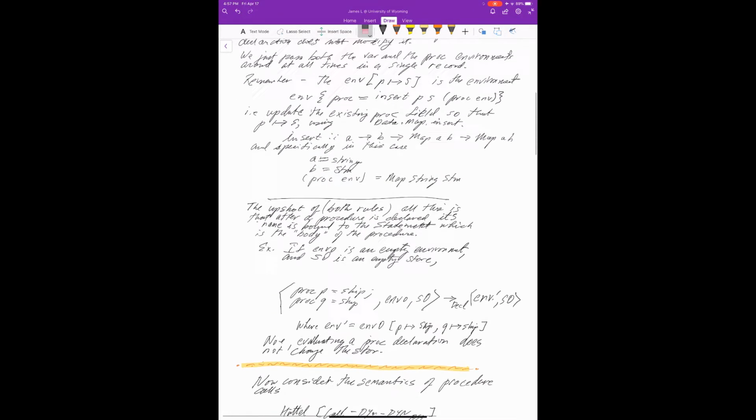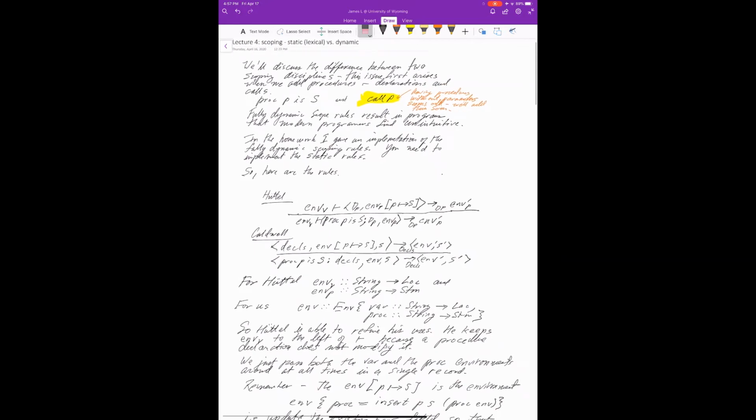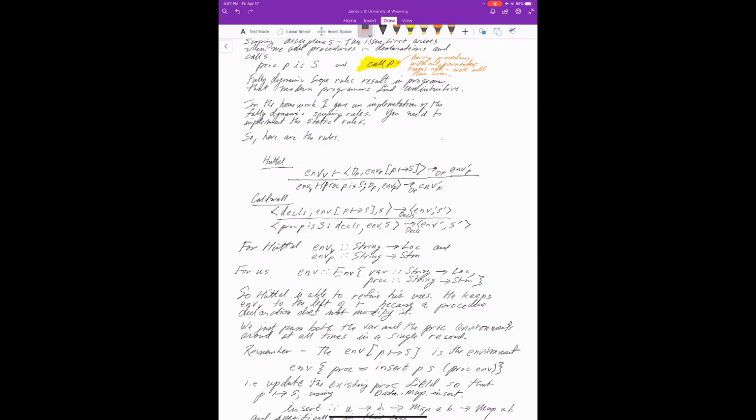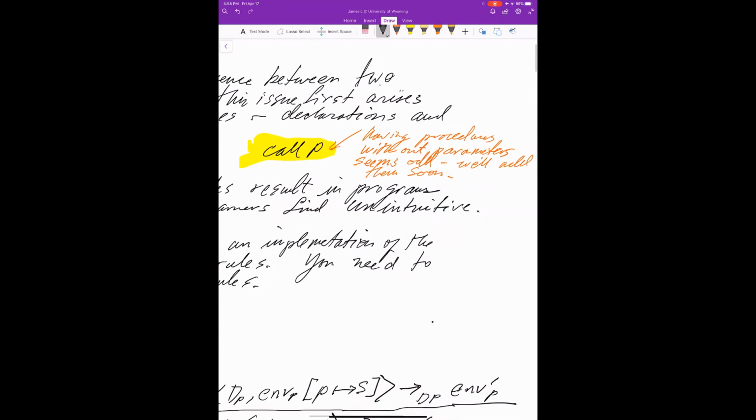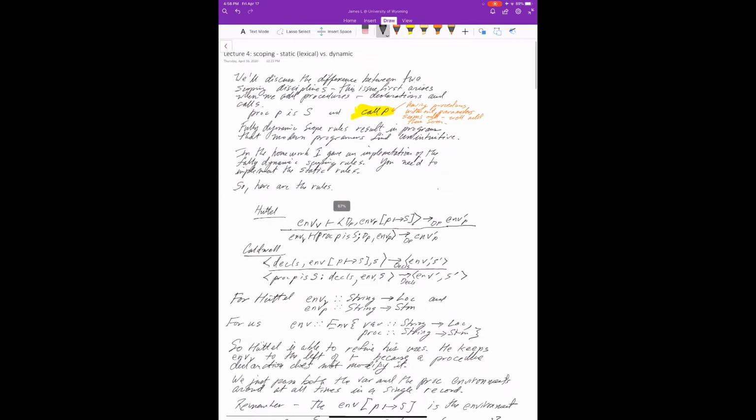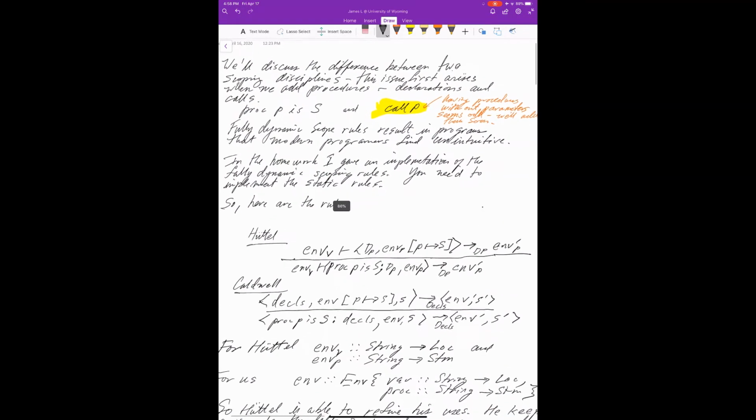But here's how you implement it. And the thing is that it's usually actually easier to implement dynamic scoping, but it is just kind of a mistake. I should mention this little comment that I have, that having procedures without parameters seems odd, but we'll add them in the next section that we cover in the book. So